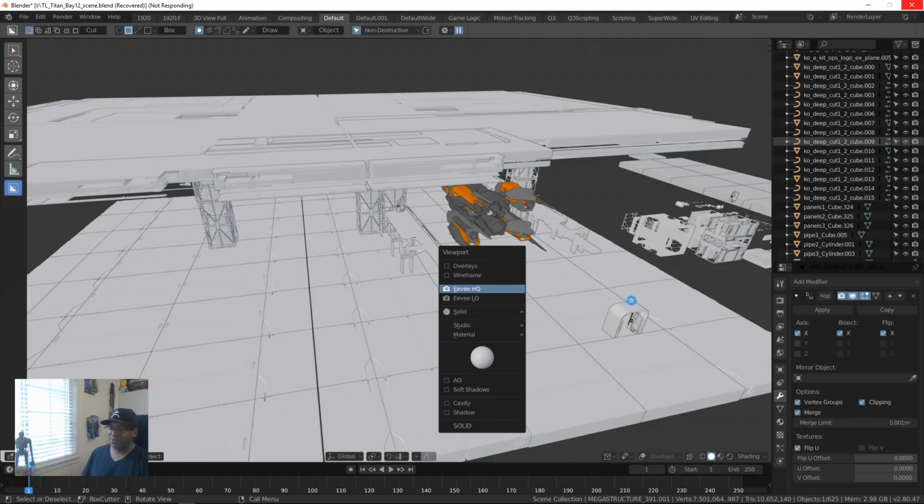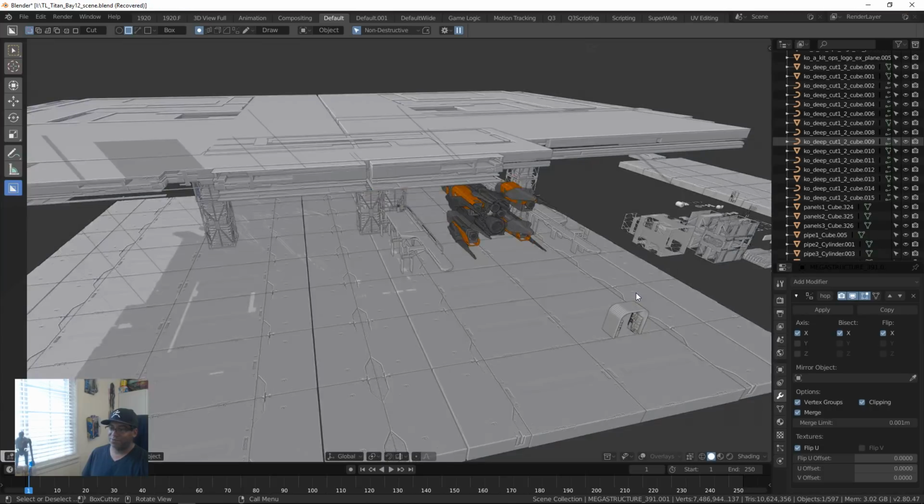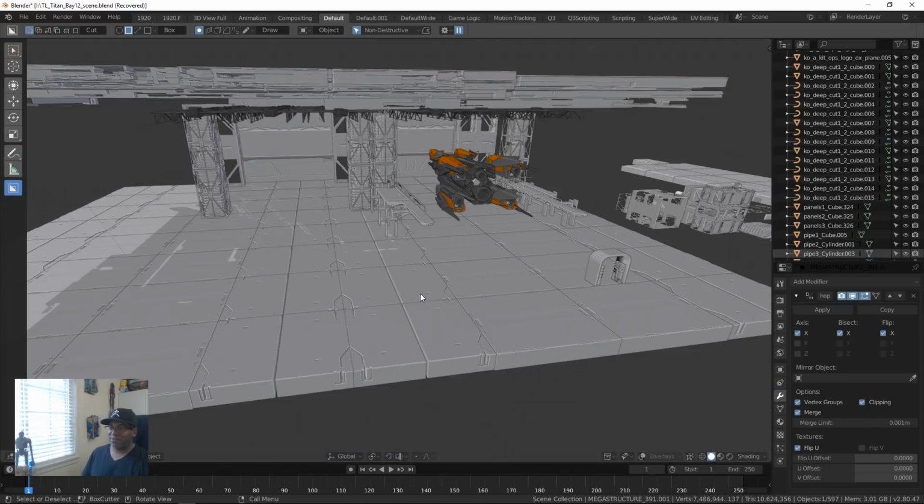It might take a second to apply it, but it's working. And then of course I'm viewing everything in solid view right now, so it's actually going to be pretty slow. It's not going to be very fast. A lot of the shadows are very crisp and high res, so they take a little bit of time to